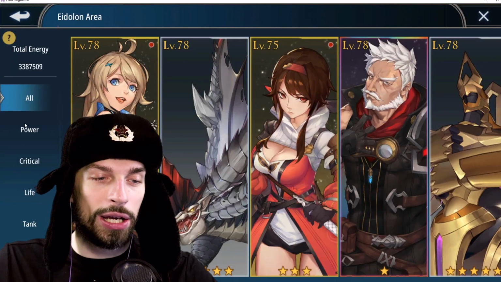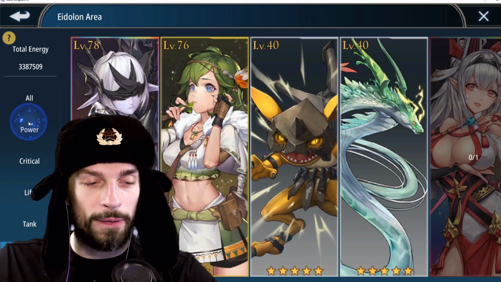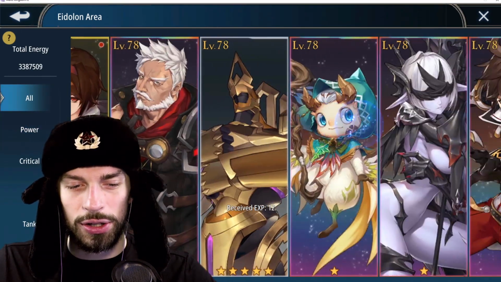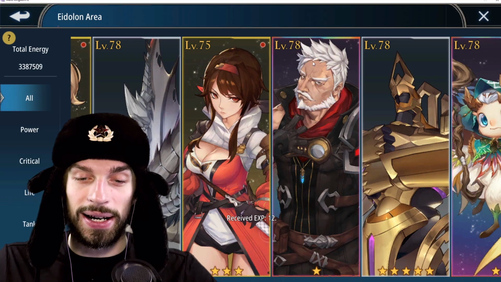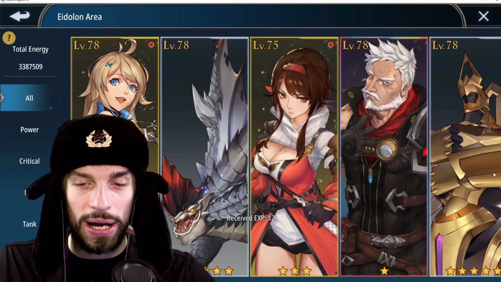Over here, in the Eidolon menu, you can sort them based on the different stats they give, so for different classes you want to focus on different Eidolons. Honestly, the rare Eidolons are really rarely used. Maybe that's why they're called rare, because they are not as good as SR and they are even worse than SSR. SSRs are the best, they have the best skills in the game,